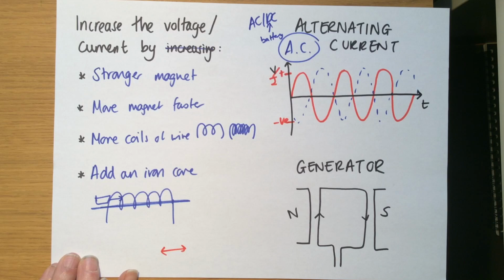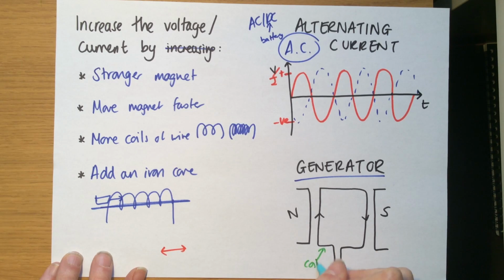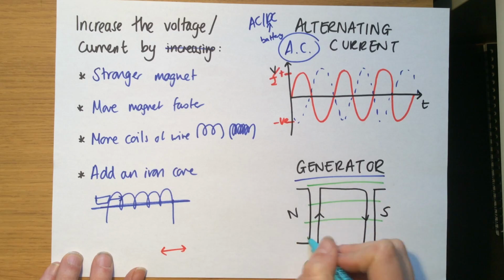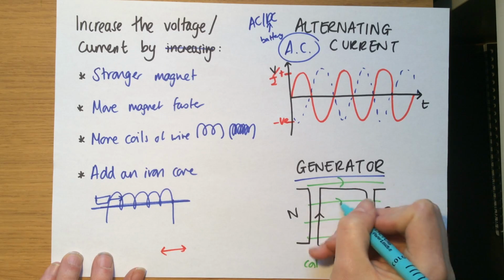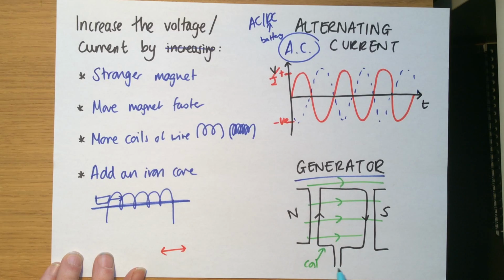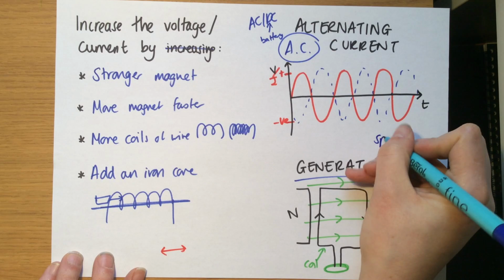Now, this isn't how electricity is usually generated, using a magnet going in and out of a coil of wire, because that's a difficult motion to get machines to do. So what they use is a generator. A generator uses exactly the same principle: motion, a magnet, and a coil of wire. It has a coil here, and the coil is inside a magnetic field. So we can see here there's a north pole and a south pole, and there's a magnetic field. Now, this coil is attached to a turbine that spins. So this generator spins around inside the coil of wire, inside the magnet. So a generator is a spinning coil